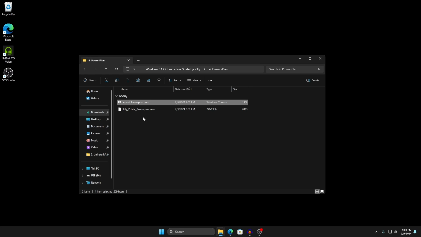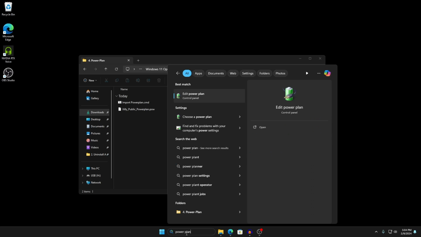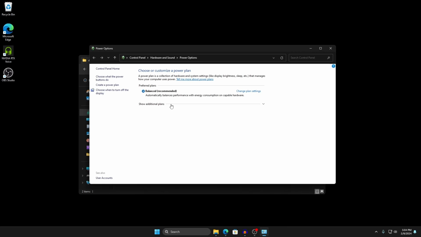Press a key to continue, and then all we're going to do is search up power plan, and then we're going to click choose a power plan, and we're going to make sure we're choosing the Zilly public power plan,